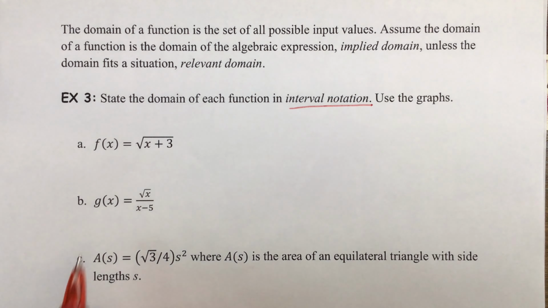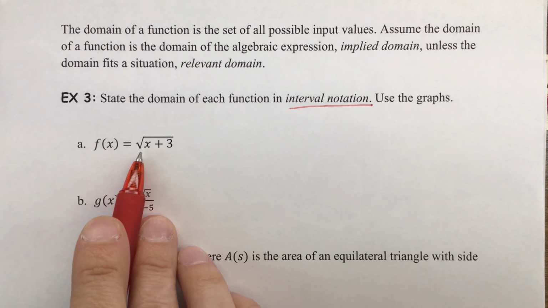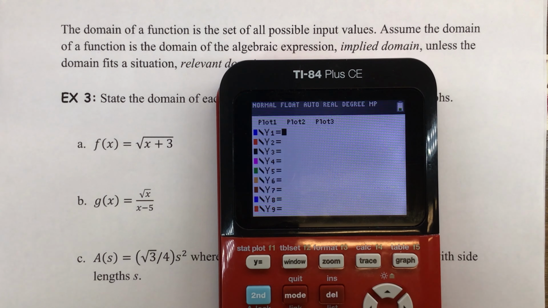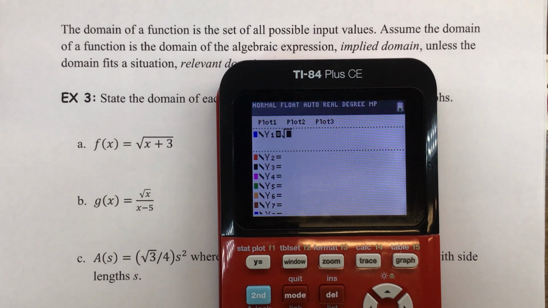Okay, our first function, f of x, is the square root of x plus 3. Okay, and as I go through the examples, I'm not going to work under the assumption that you know what these graphs look like. Instead, what I'm going to do is graph them for you. We're going to take a look at the graph and then discuss what the domain would be. All right, so for f of x, we've got the square root of x plus 3,